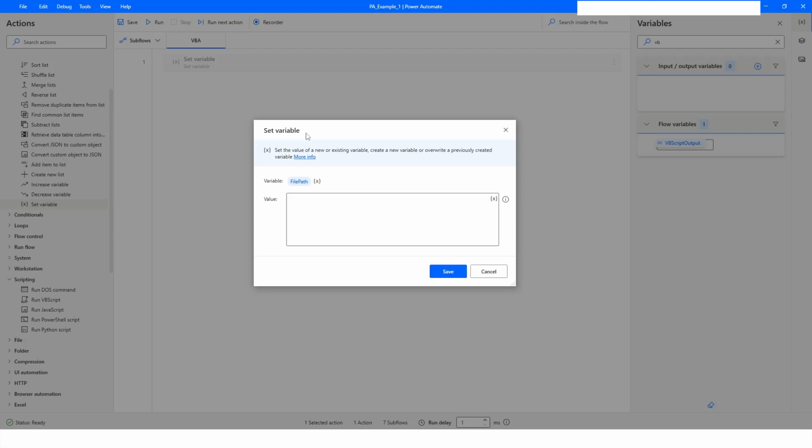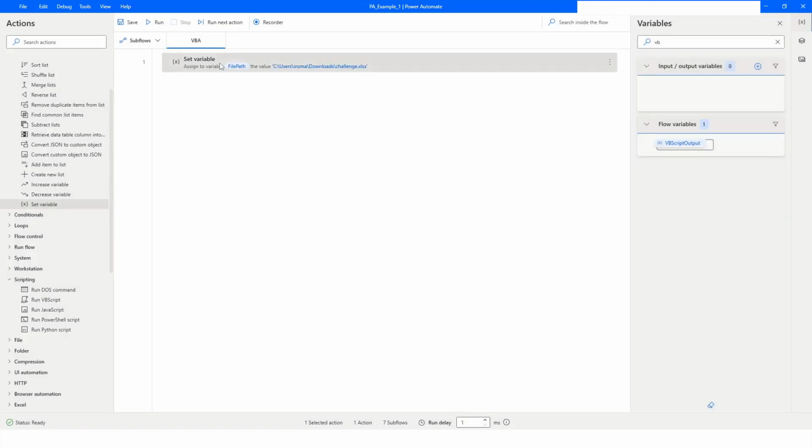Okay, so I have given the file path. Now I need the path of the file, so I'll just grab the file path. I have specified the file path. Now I will click on save. Now what I have to do is I will use Run VBScript,